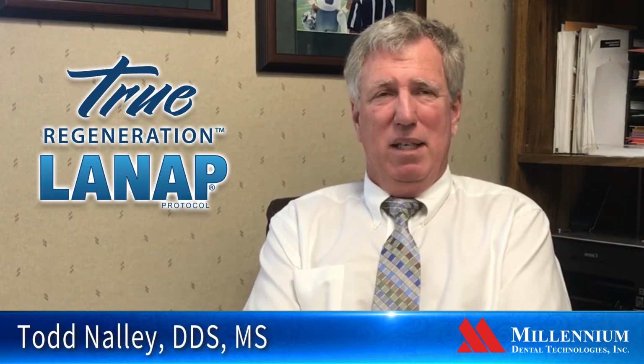In the case of even LANAP, I'm treating cases that I wouldn't treat, or I'd be very hesitant to treat, because the invasiveness of the procedure that would be required might at first leave the tooth even more compromised. Certainly postoperatively, I would be concerned about some of these teeth having a cosmetic postoperative compromise. Having the laser go into the sulcus, do its work without detaching any more attachment apparatus, leaves less postoperative sequelae. And I don't mean ache and pain. I mean the cosmetic postoperative effects of the treatment,